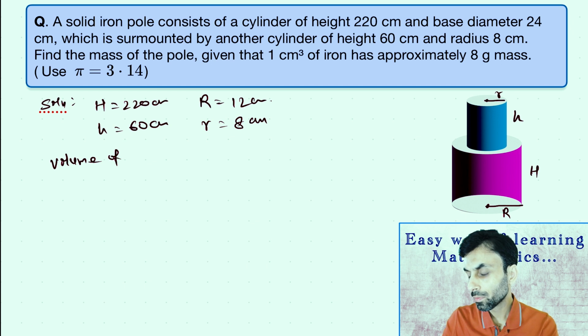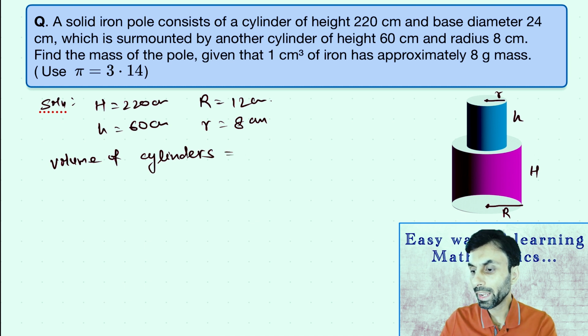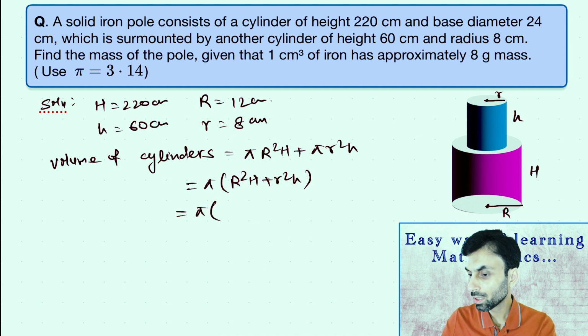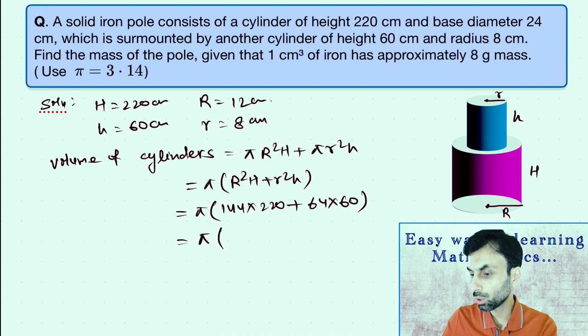So here the volume of cylinders will be equal to the volume of lower cylinder plus the volume of upper cylinder, which will be pi r square h plus pi r square h, which will be equal to pi into R square h plus r square h, which we can write as pi into capital R, so that is 12 into 12, that will become 144 into height is 220 plus small r square, that is 64 into 60, which will be equal to pi into, on solving we'll get the value of it as